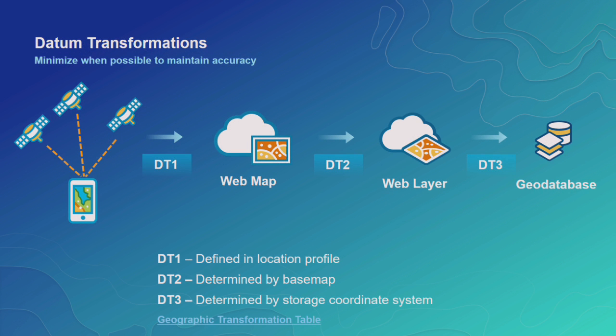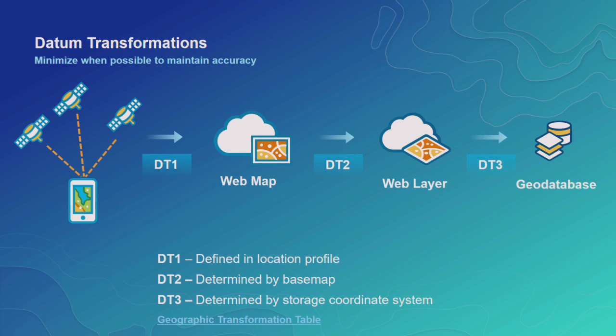So with datum transformation, I want to spend a little time on this slide because there's a lot of areas in a workflow where transformations are introduced, not just with Collector. When you get back in the office and you look at your data in a map, if it's shifted, you want to know at what point along the workflow that shift was introduced. In